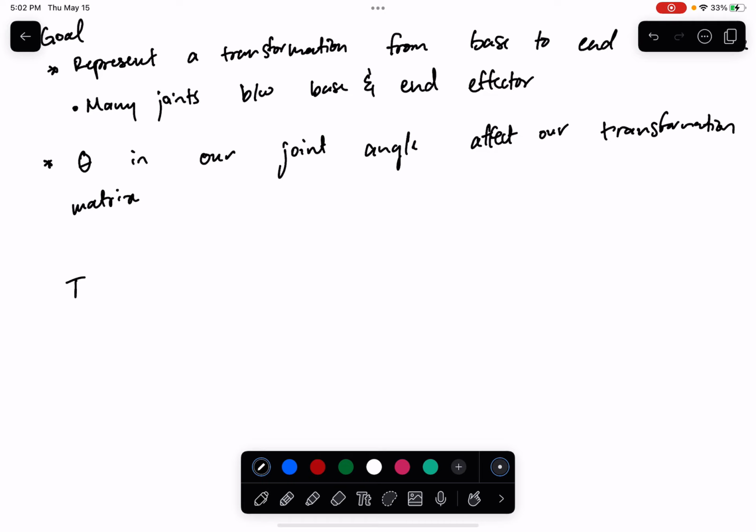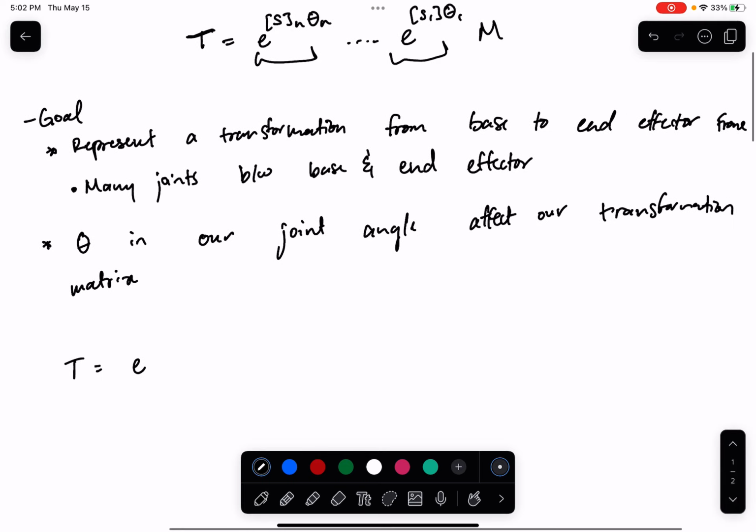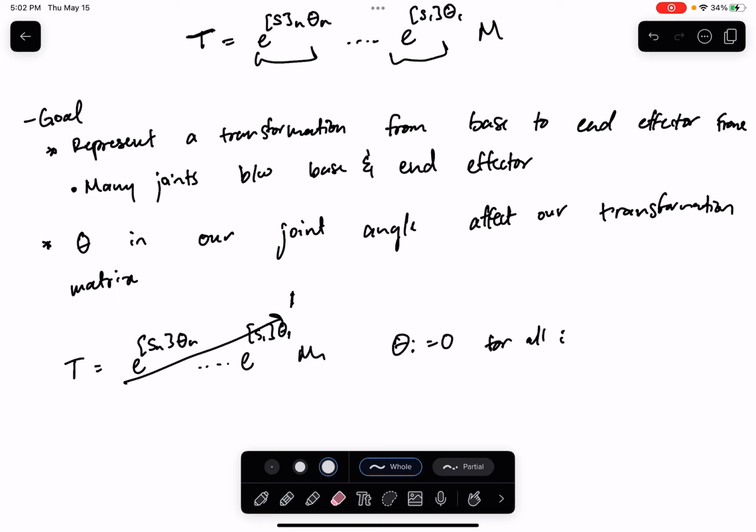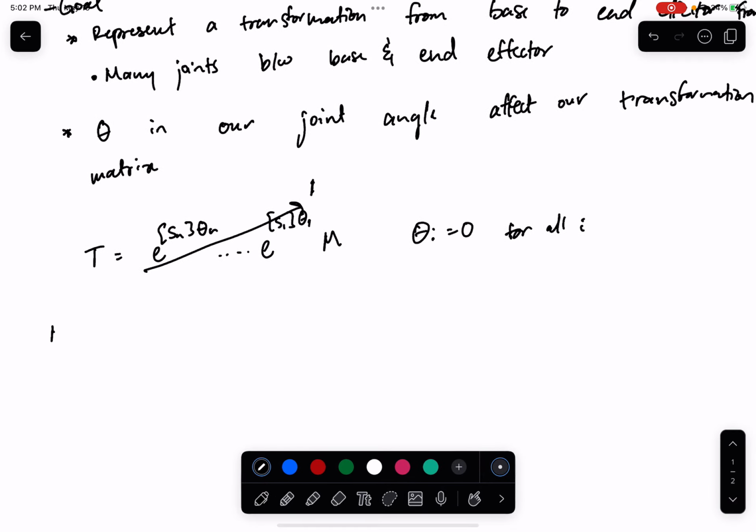Let's start with the equation set to all angles as 0. So what happens is these terms become 1 and our transformation matrix is equal to M. So what this tells us is that M is the 0 configuration transform